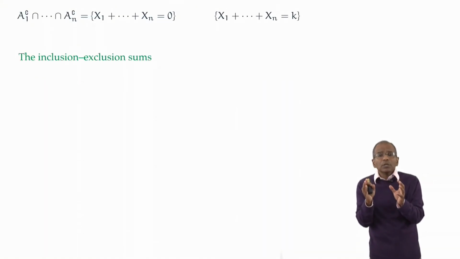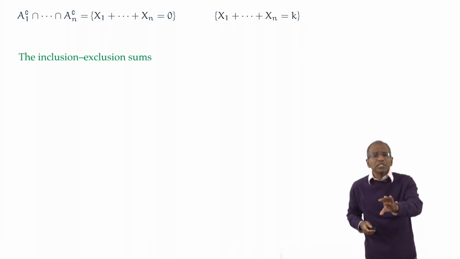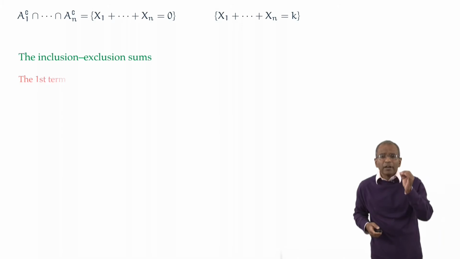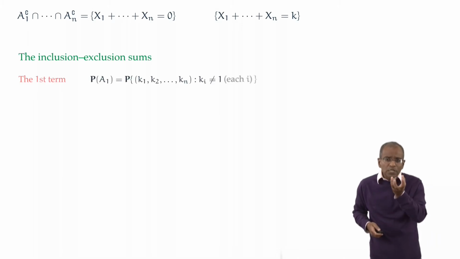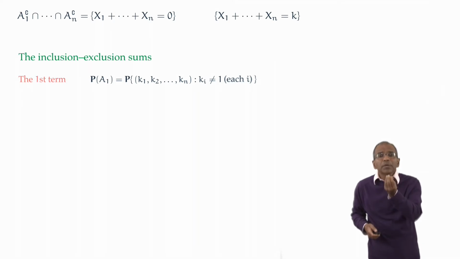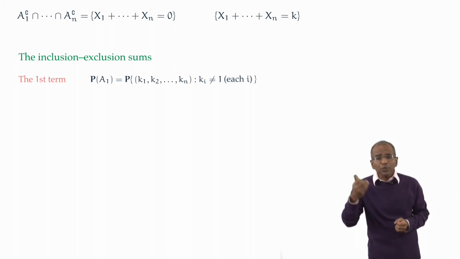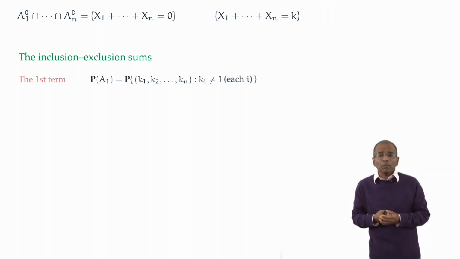We want to figure out the inclusion-exclusion sums S1, S2, S3, S4, and let's start with the simplest case again to settle intuition, the very first term. What does this involve? This involves figuring out the probability that a particular coupon is not acquired. Let's pick the first coupon. What is the chance that in t purchases we do not acquire the first coupon? Well, the very first Gilbert and Sullivan opera was Thespis. What is the chance we don't get the playbill for Thespis?